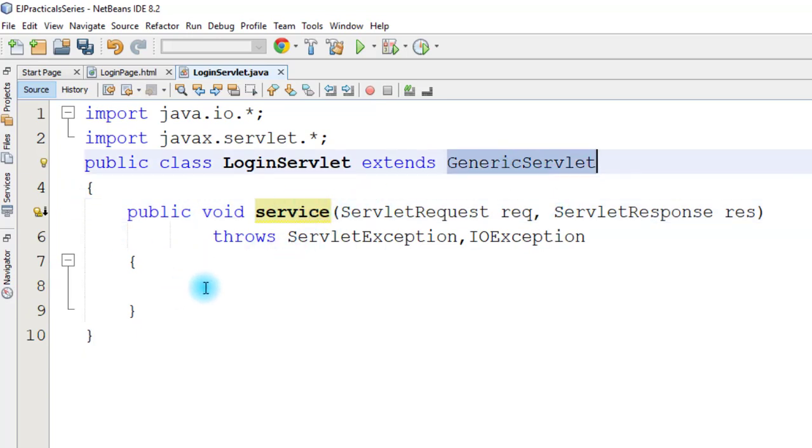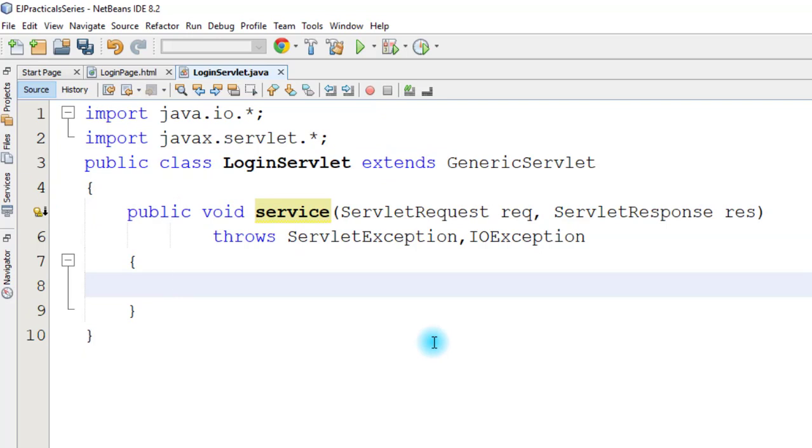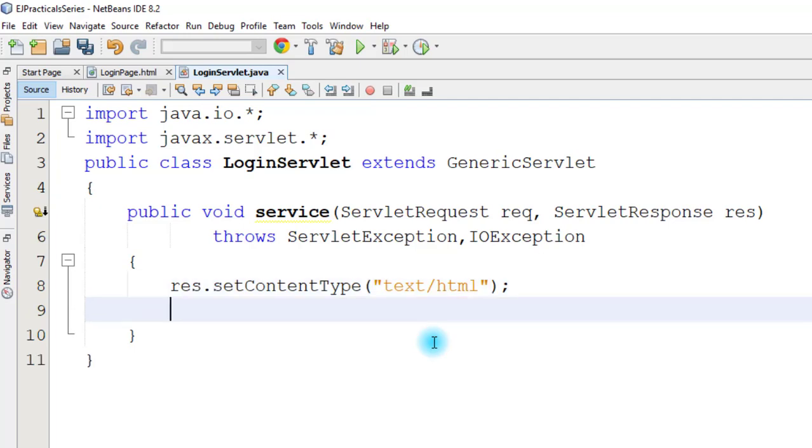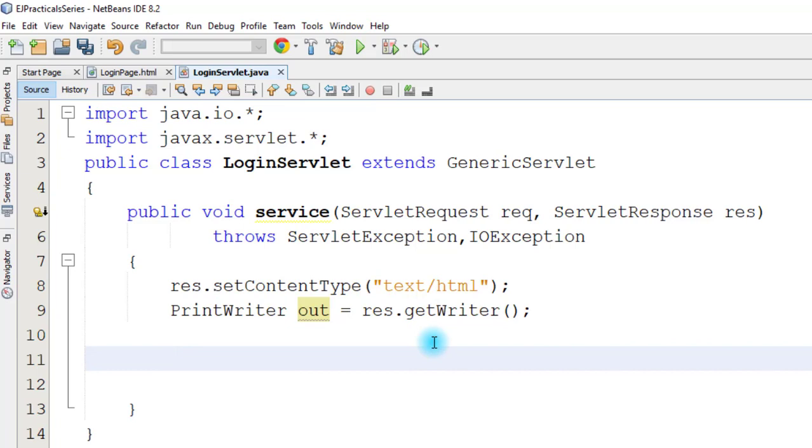Okay? Now the common code for the servlet is: the first one is we have to set the content type of the page or response, which is text/html. ये by default content type है. We have to set it. Then we create a writer object, that is PrintWriter out equals res.getWriter, so that we can write anything, and after completion we close the writer object. So this is your basic. Do remember students, this is your common code. We have to write this code for every servlet.